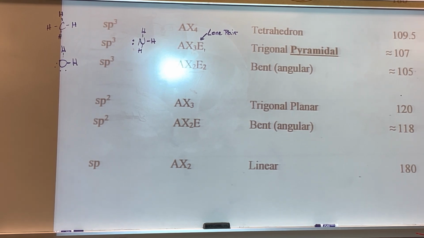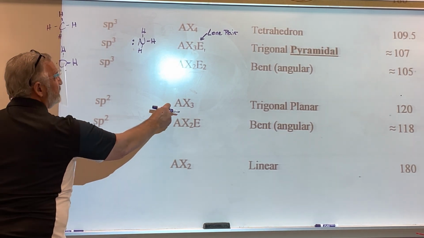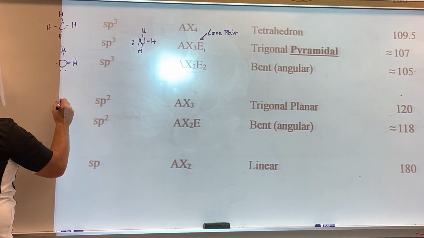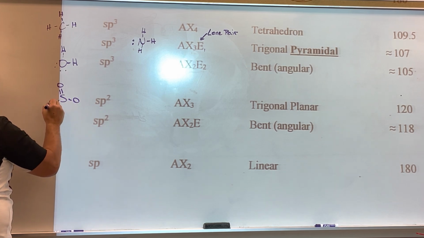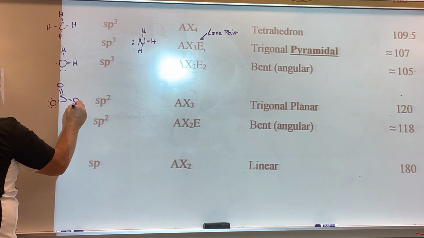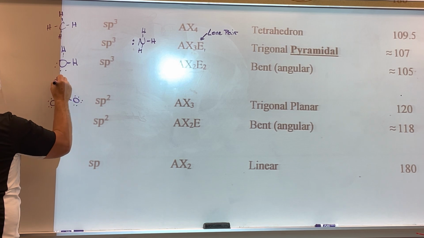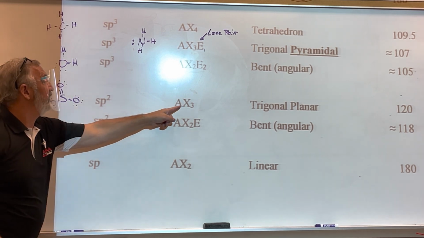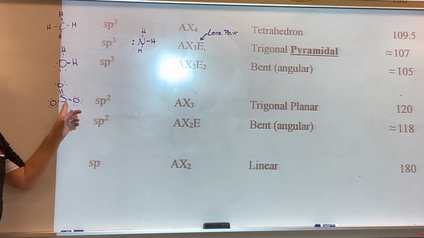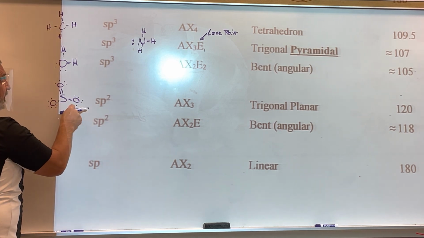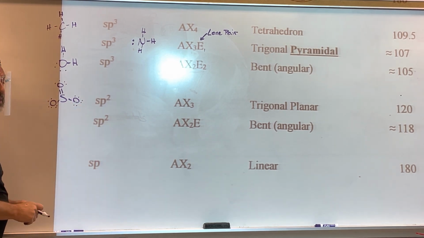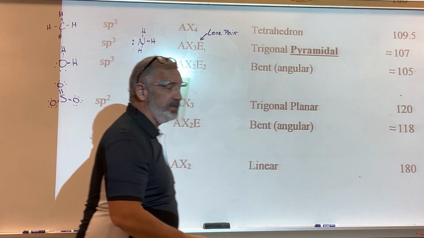Now, when I look at trigonal, this one, at AX3, now we're going to start having double bonds. This would be sulfur trioxide. And when we're looking at lone pair, that E is only on the central atom. It's not on the peripheral atoms when we're looking at our general formula. It's only on the central atom. So, this has got AX3, so it's going to be trigonal planar. If we were to draw that,